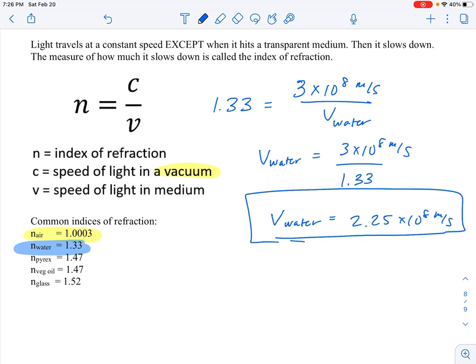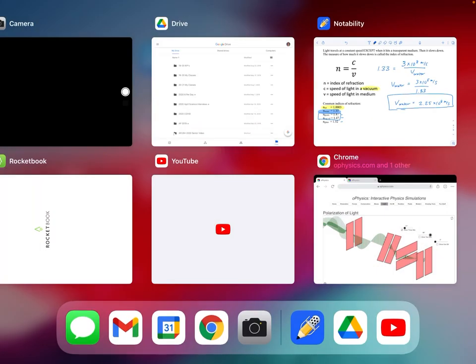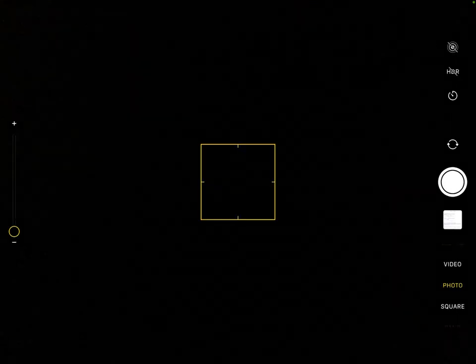I wrote down some other common ones. The N value for Pyrex, for vegetable oil, and glass. And you might notice here that for Pyrex and vegetable oil, the N value is the same. And if I go to my photos here,